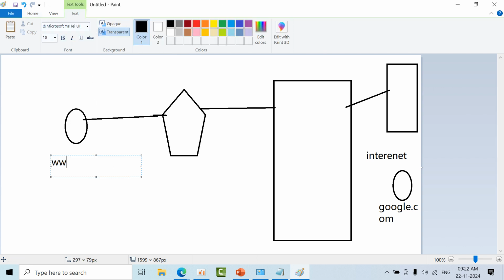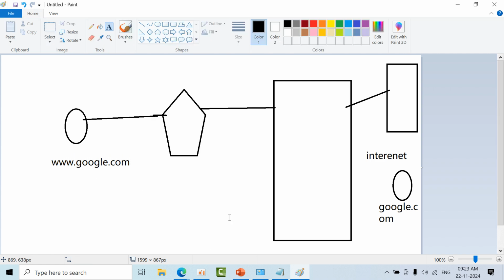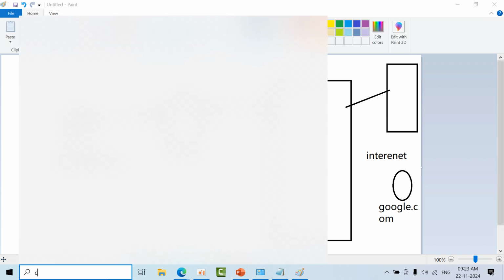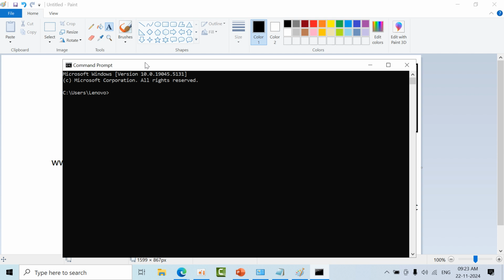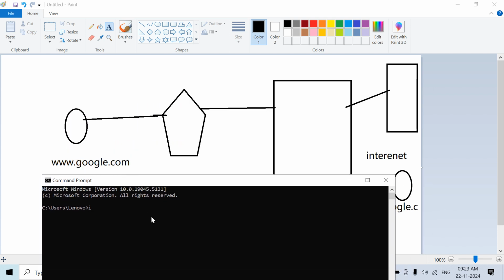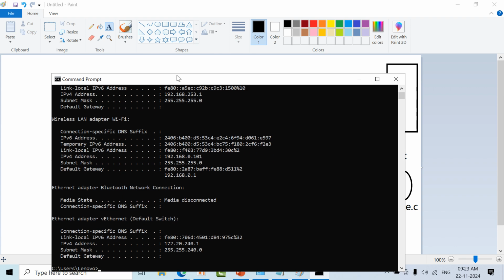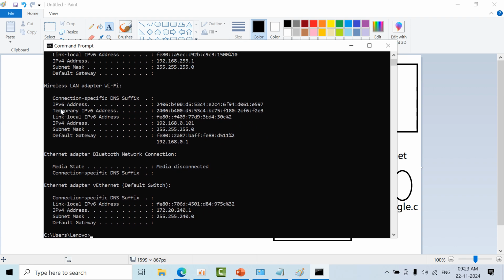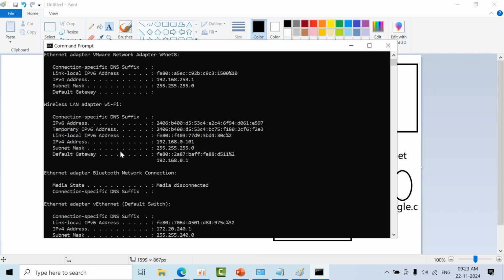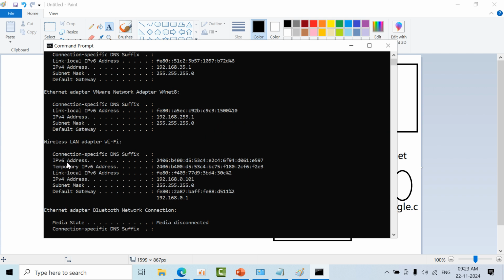Whenever I try www.google.com, what is my current IP address? We'll see. Open ipconfig. Sir, I'm using a wireless adapter, so this is IPv6, not required. Now we need the wireless IPv4.